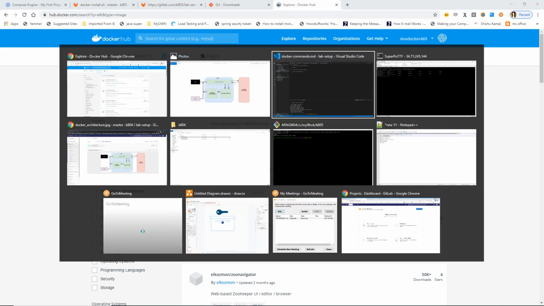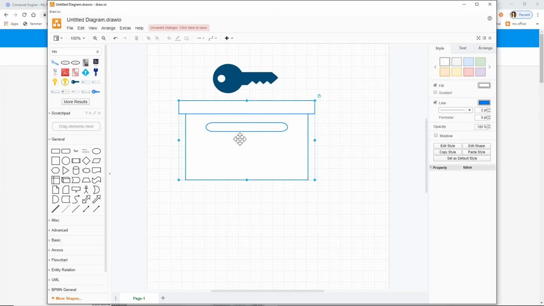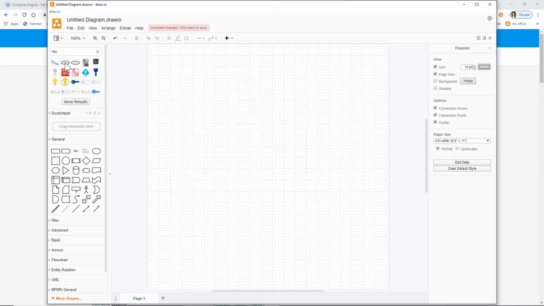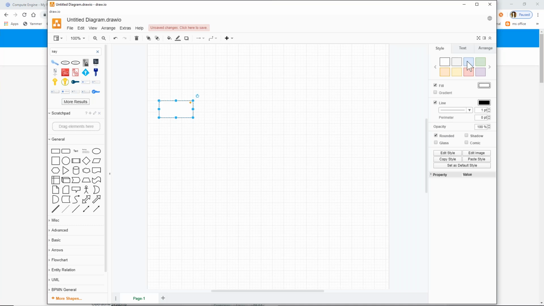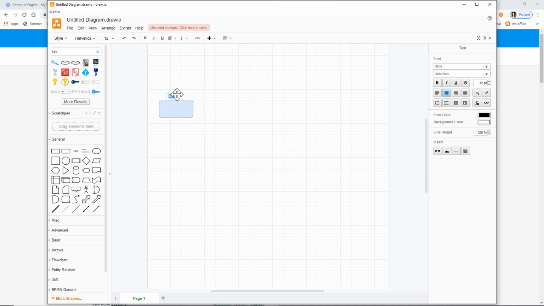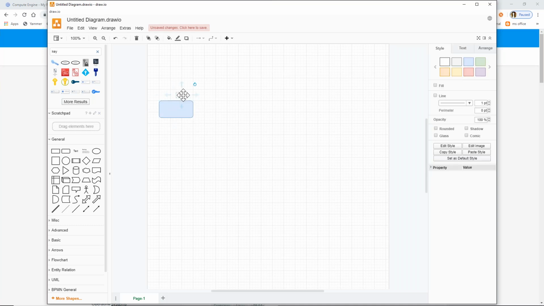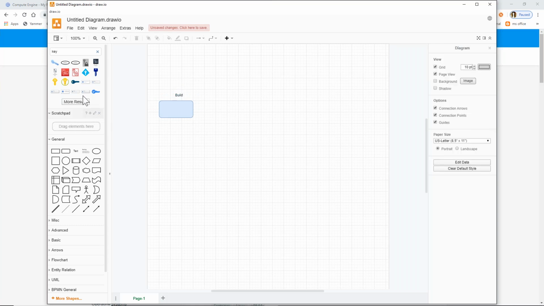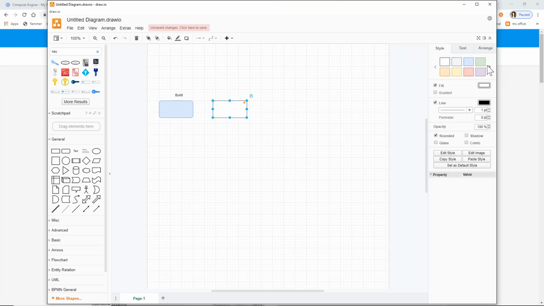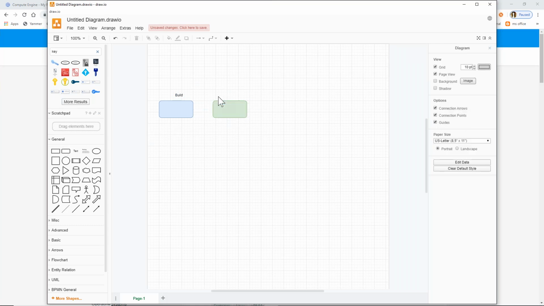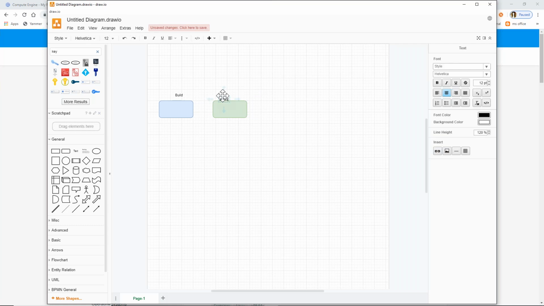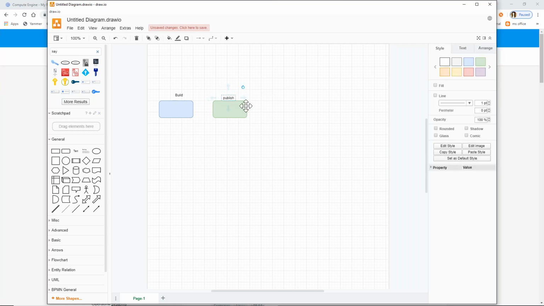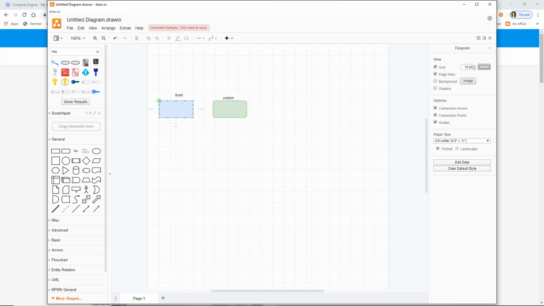So what is the flow generally? First, you build the image on your computer, and then you publish the image to Docker Hub, and that's it.